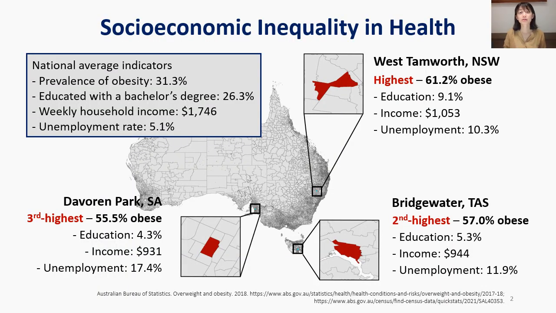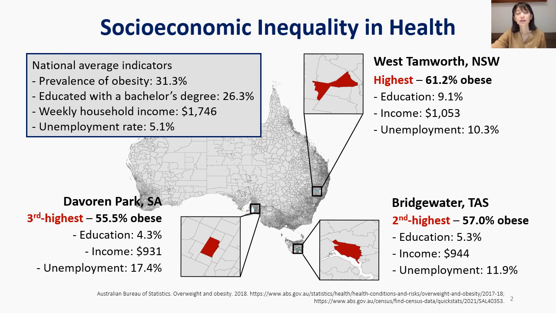There are global concerns of socioeconomic inequality in health, which means the health indicators or diseases are distributed unevenly. So to enhance the health of the entire population by reducing uneven distribution of diseases is a priority in public health. In Australia, the prevalence of obesity is linked to area socioeconomic indicators. Overall, those living in deprived areas are more likely to suffer weight problems.